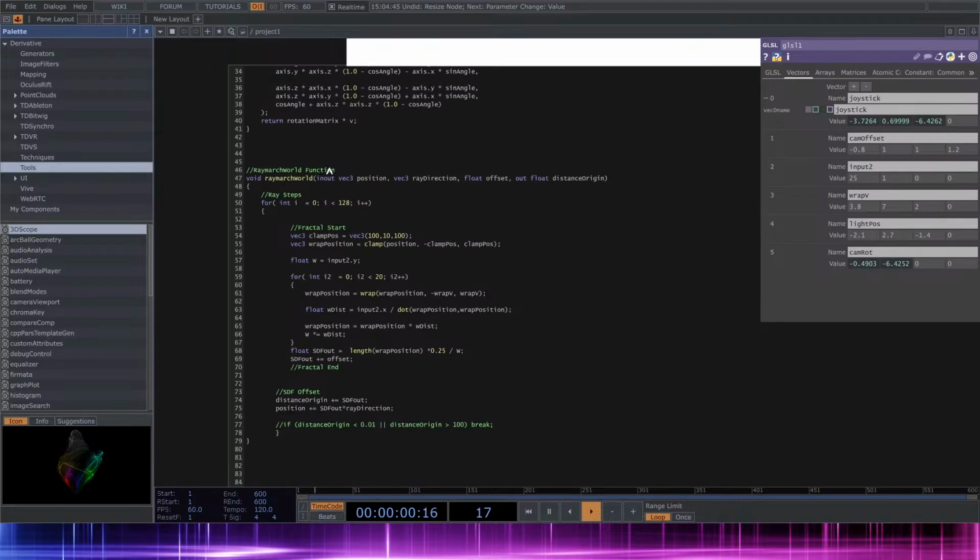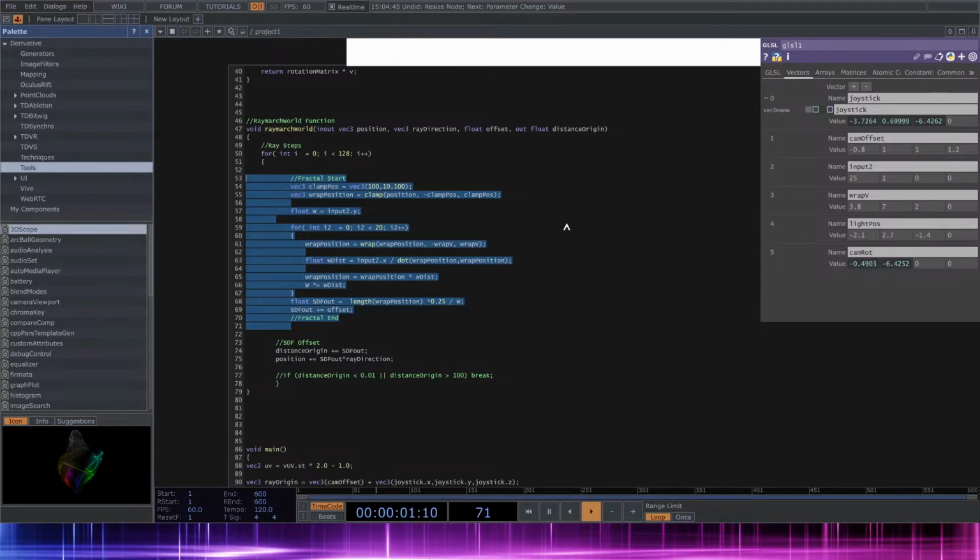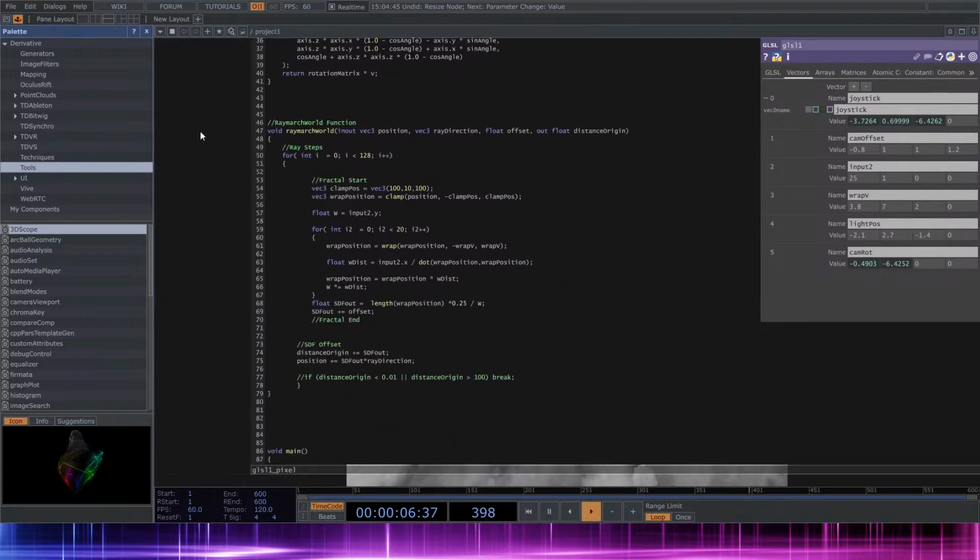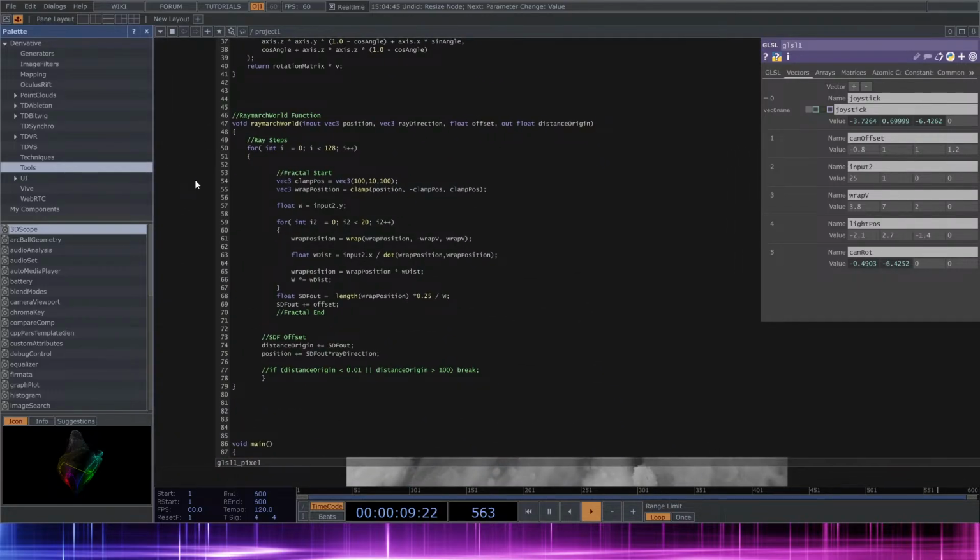And then here is the actual ray march function. So this is the part that runs all the ray march stuff, even though I should probably separate the fractal into its own function as well, because that would probably be a good idea. But this part's small enough, so that's okay. So right here, for those of you who don't know GLSL code, I forgot where I got some of this from, a tutorial, but then I just followed what I did in Blender, where basically you have a for loop that runs 128 times, and then with the fractal, in this case, I clamped the position, and then, let's see, yeah,